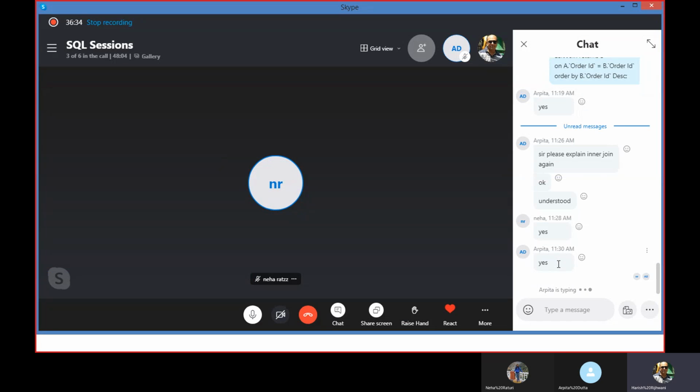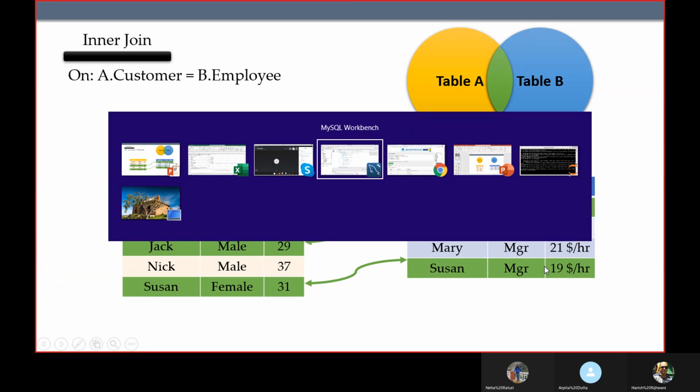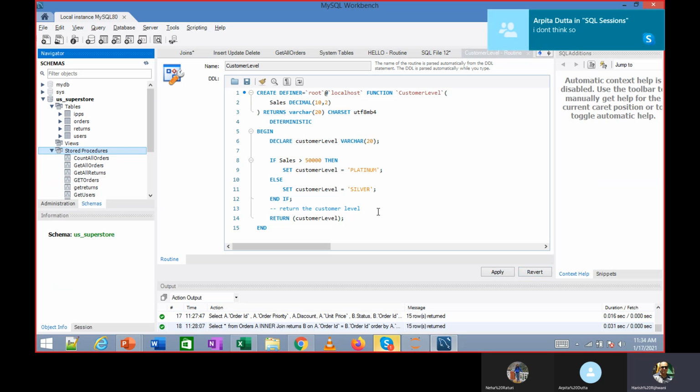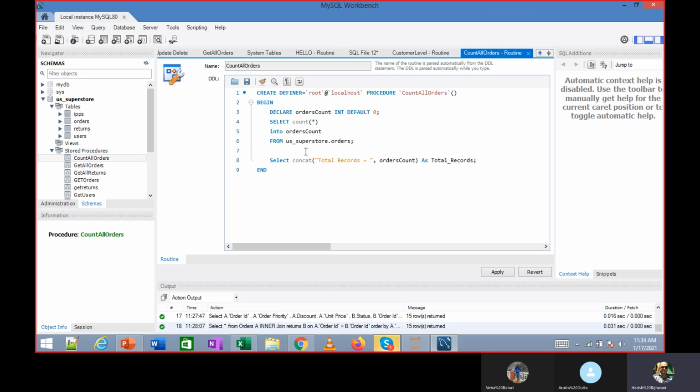We spoke about functions, is it? Okay. So like you have stored procedures, you remember stored procedures? Creating a stored procedure like this, we have written those names and stuff.